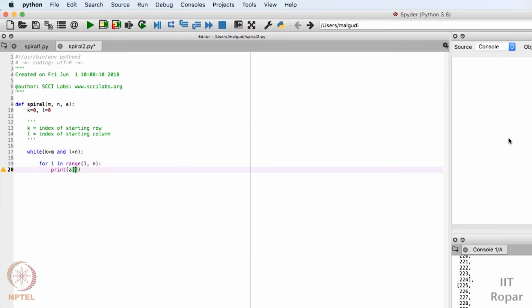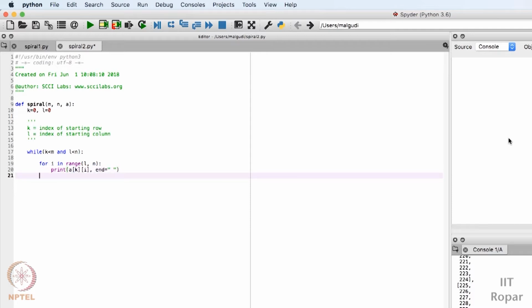See, my row is fixed. So I will just write k here, because k is the index of the first row, and i, because I have to traverse through all the columns. So i is my column index. The row is fixed, row is 0, and I'll print all the elements of the first row through this. You all know that if I have to print the elements in one line with a space, I have to do like this, with an apostrophe, inverted comma, sorry.